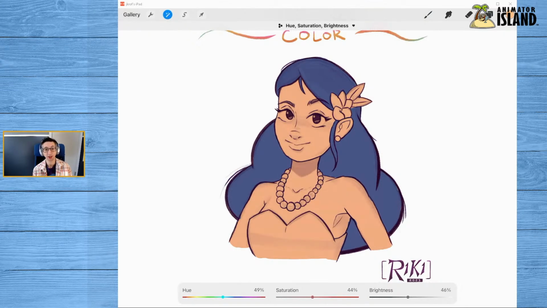But this is the cool and also tricky thing about color. You could constantly do this. You could just spend hours and hours tweaking tiny little bits to see what you come up with and what you like. And it's tricky and it's a trip. So I'm going to just stick with changing the skin tone for now.